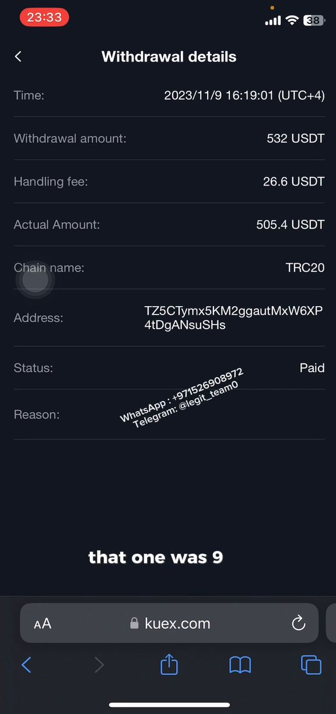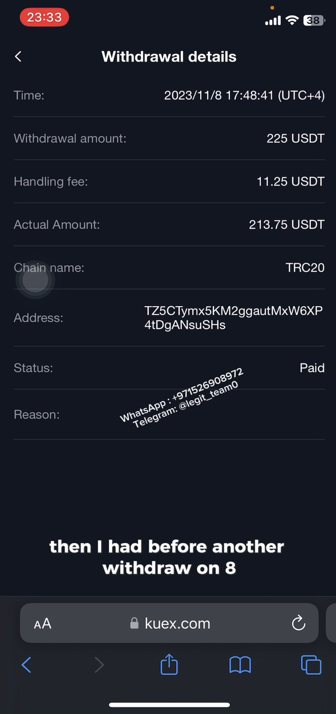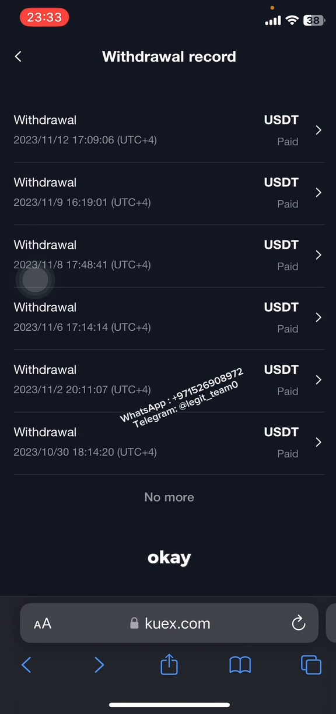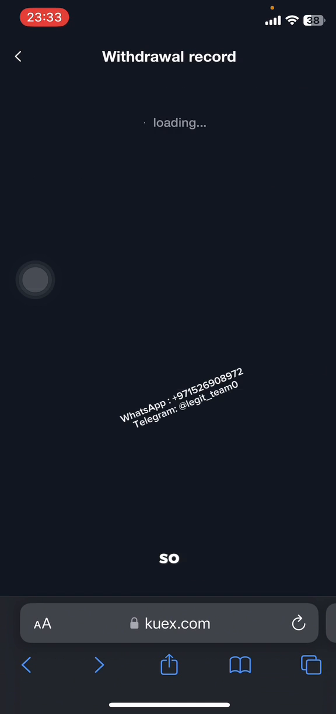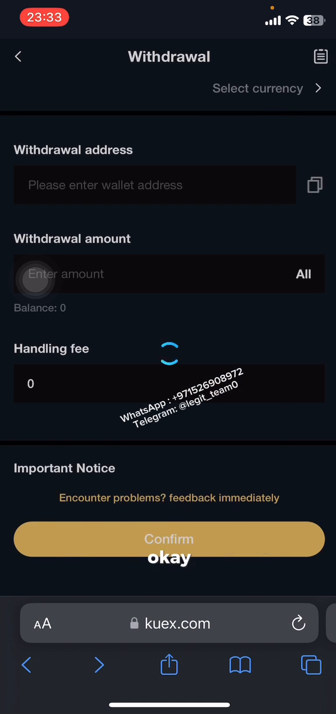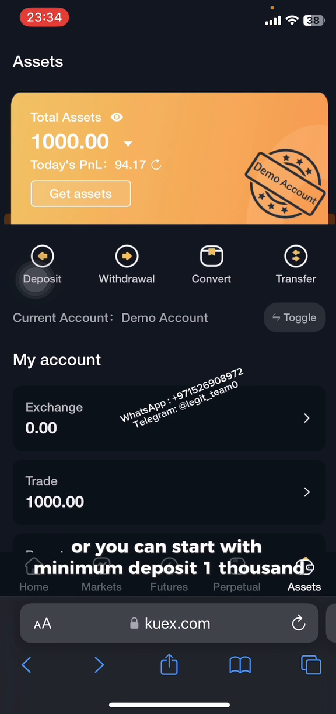That one was on 9/11. Then before that I had another withdrawal on 8. That day I had 225. Then I had another withdrawal of $190 as well. That date was 6/11. So this month I have already had a lot of withdrawals. You can start with a minimum deposit of 500, or you can start with a minimum deposit of 1000, but at least